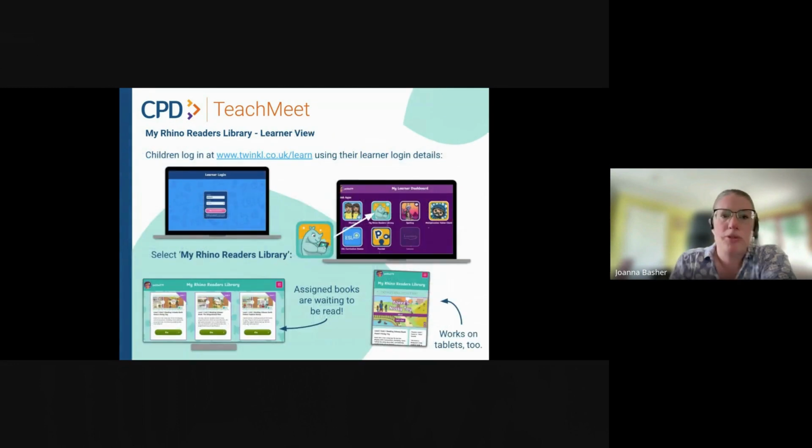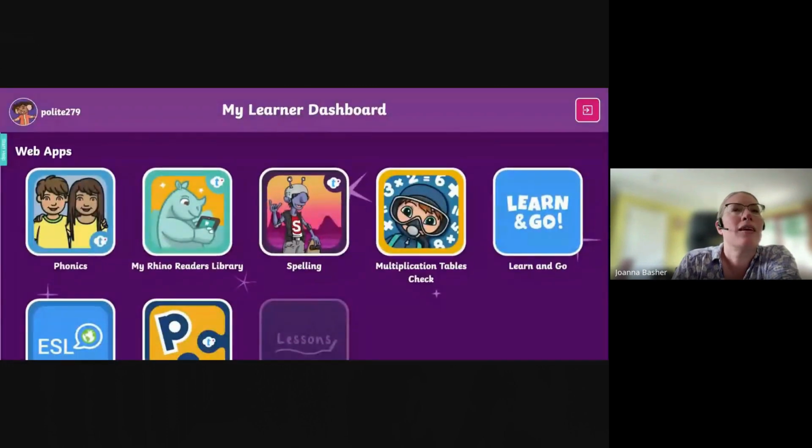Now that we've got some books set up, I'm going to show you the other side of the coin. I'm going to show you what the children see when they log in and they've got some books allocated to them. So if I go back to my dashboard, I've logged in, as I showed you before, so I've typed in the learner, and here is the little icon from my Rhino Readers Library. You can see the Rhino there reading away. So when you click on this